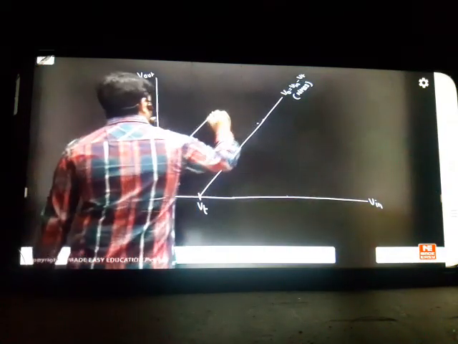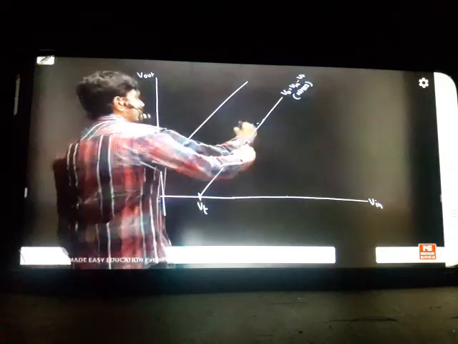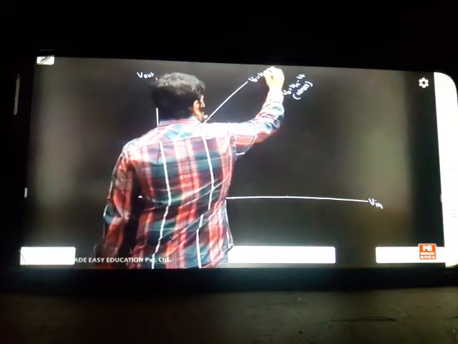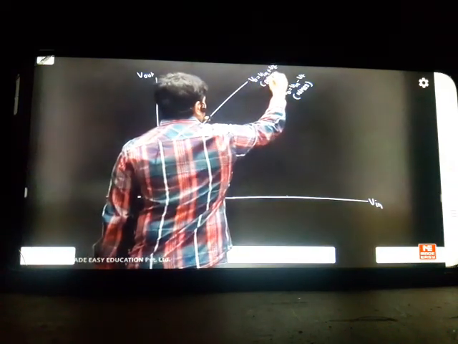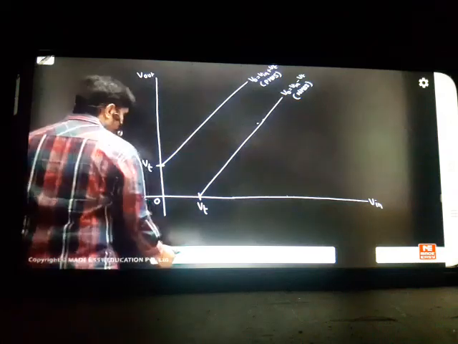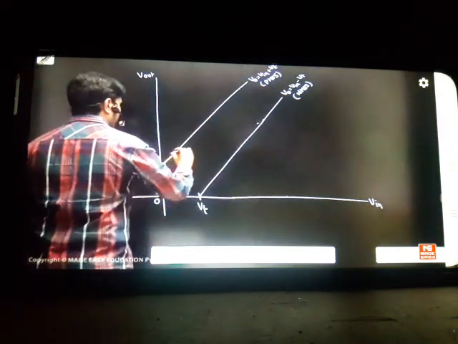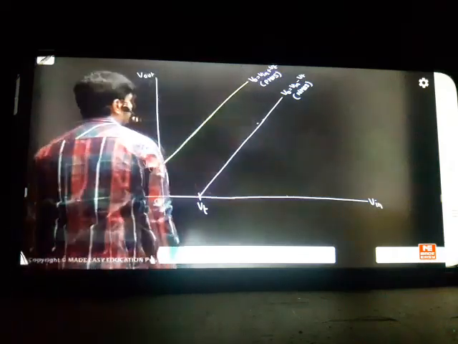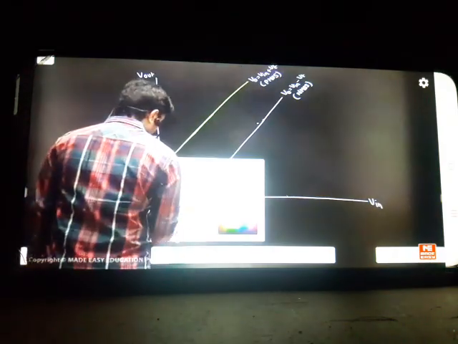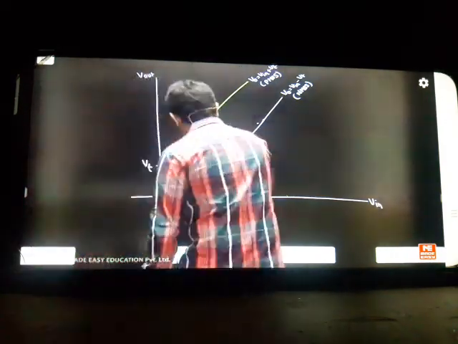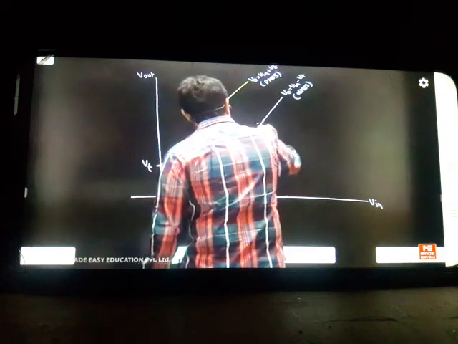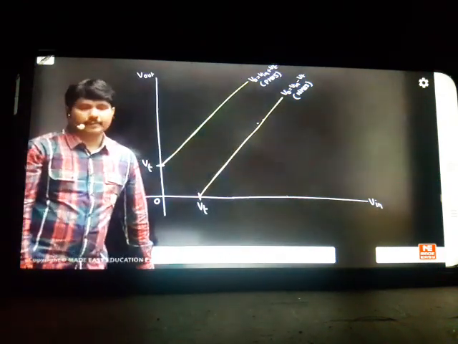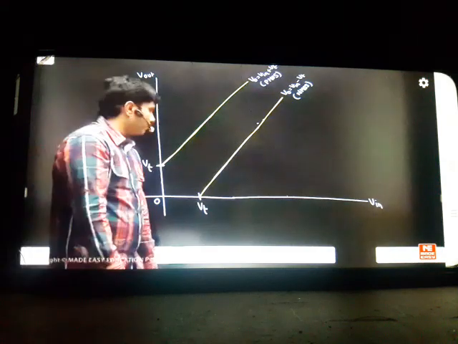There is another line parallel to this. This one boundary line will come. This is output equal to VIN plus VT. This is for PMOS. So one boundary is for NMOS, one boundary is for PMOS. We'll take different colors. We'll make this graph colorful because it's a very beautiful graph. This is for PMOS. We'll take another color. This graph is for the NMOS boundary. These are the two boundary lines I have predicted in the class. Now the student should be able to understand the logic.